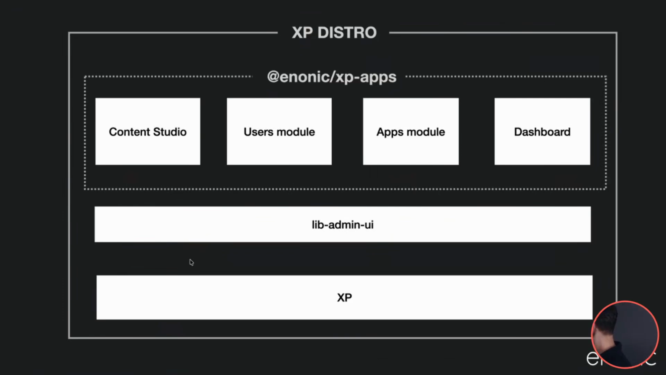Enonic XP distro included all of the system apps and Content Studio. And it was a bit inconvenient because every time we wanted to change something in the Content Studio, we had to release both Content Studio and XP. Those of you who work with the admin a lot, they know that Content Studio and all the system apps,